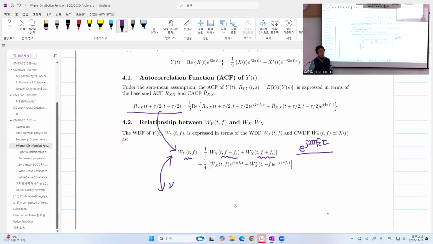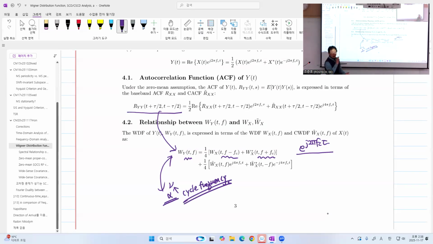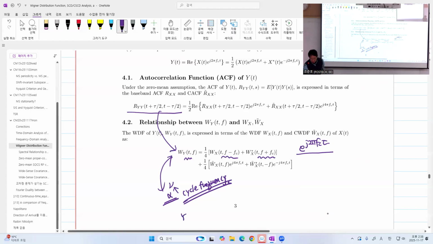But in the literature of cyclostationary random process, they call this cycle frequency. Got it? Not Doppler. And they love to use alpha instead of nu. Got it? So when we Fourier transform with respect to t, the paired frequency parameter is called cycle frequency and denoted by alpha. So we have some function of alpha and f, and here